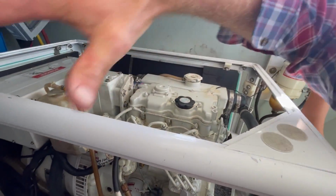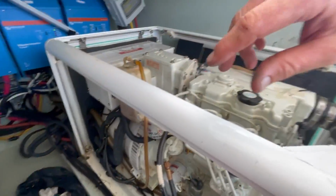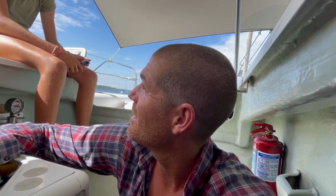Just the way that these Jennies are made, this is all in a case, and then we've got gear all stored through here, like fenders and dock lines and our parasailer. So you get a wee bit lazy and you don't come and peel this back every time you start it, whereas ideally you probably would. So I try and have a look maybe once a week. I'll pull everything out, pull it apart and have a look. But it's probably been 2 weeks, hasn't it, this time? And I wonder if I had have...